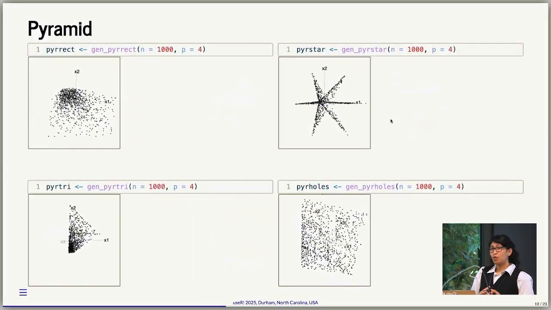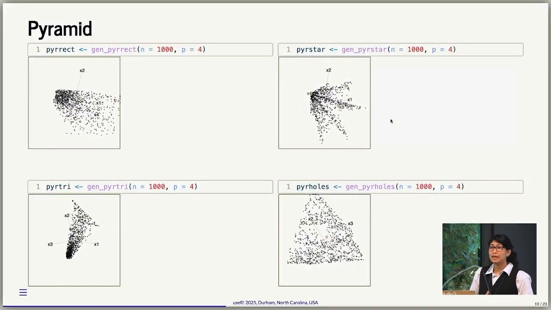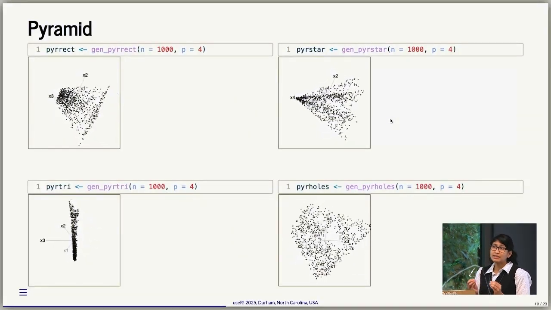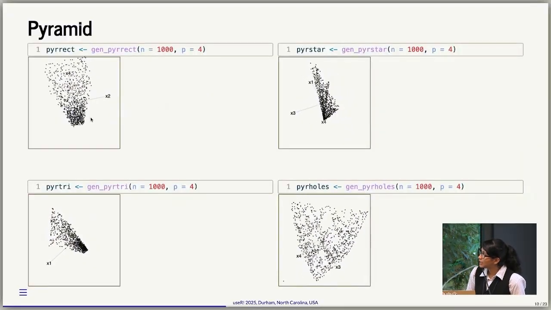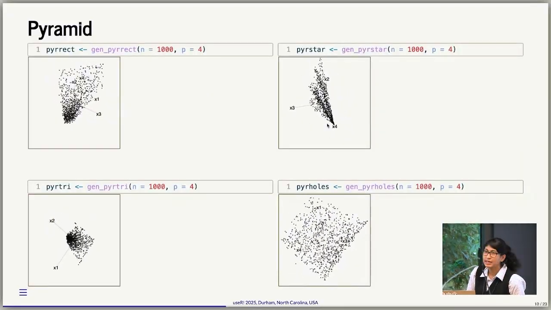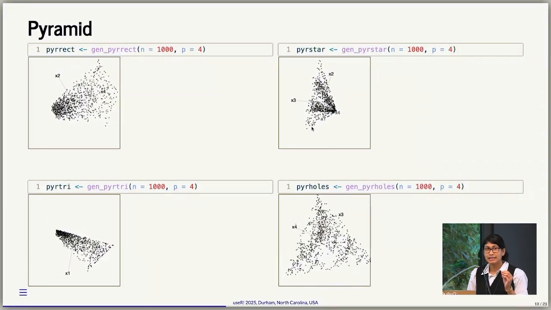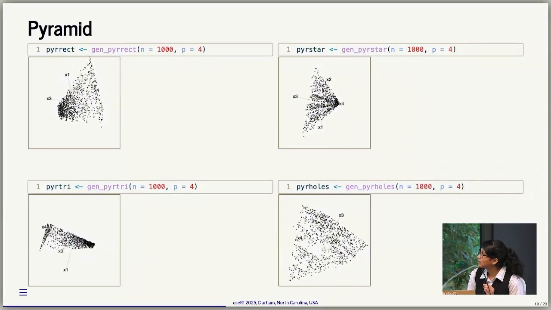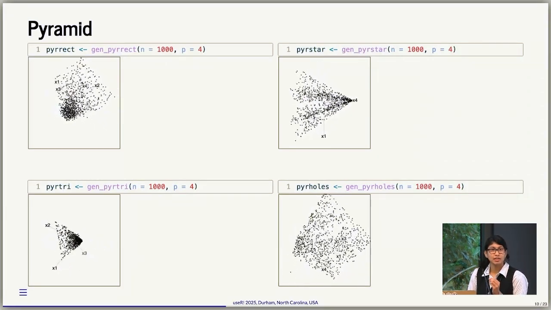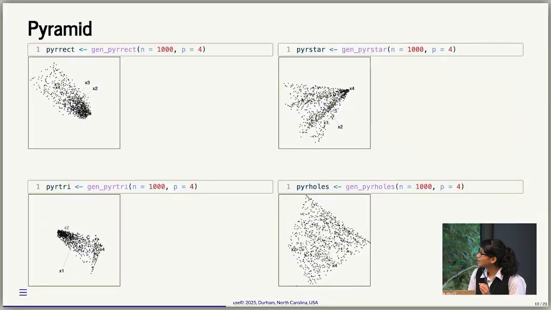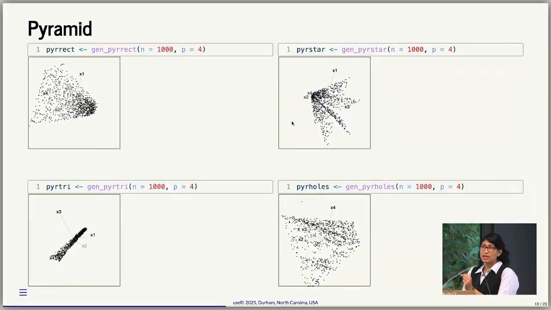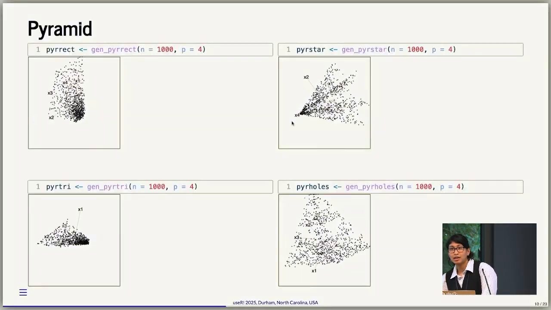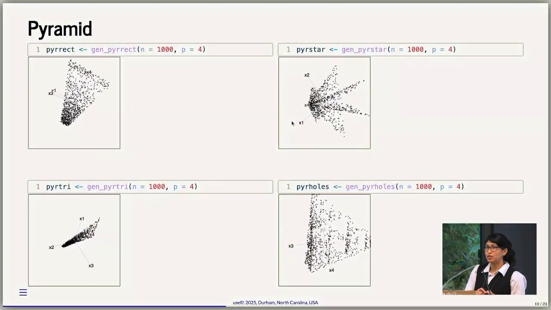Another shape that I wanted to add into my package is a pyramid shape. What is interesting here is that, as you can see, each of these pyramids has different densities, right? The tip of the pyramid has a different number of points than the other corner. It is also interesting when you are dealing with different types of clustering and nonlinear dimension reduction methods